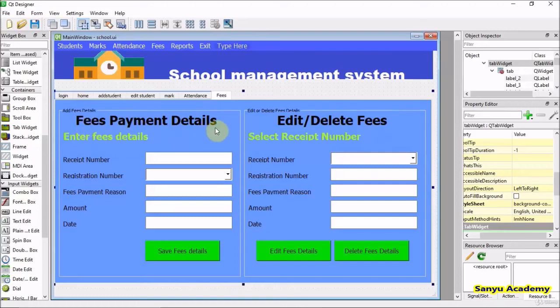the fees payment details form. Now we are going to create the reports form. To create the reports form, we have to add a new tab in this. To add a new tab, right click in the tab location